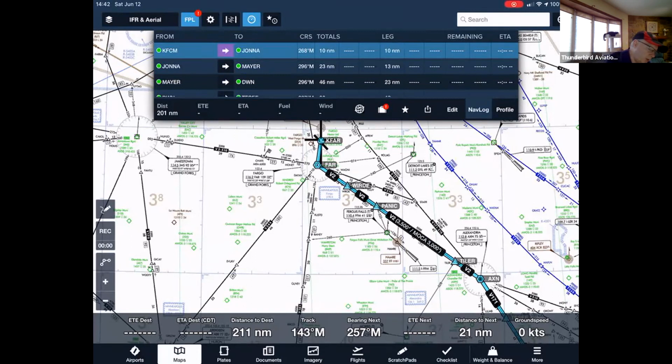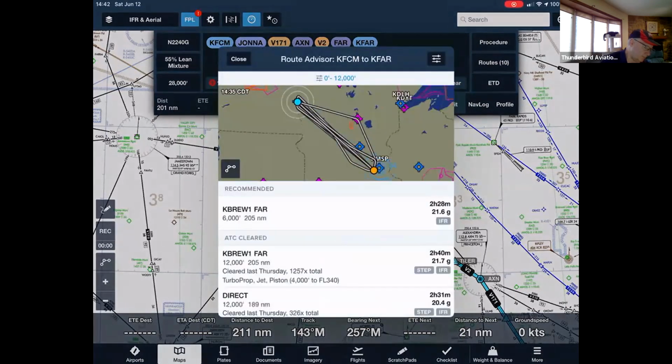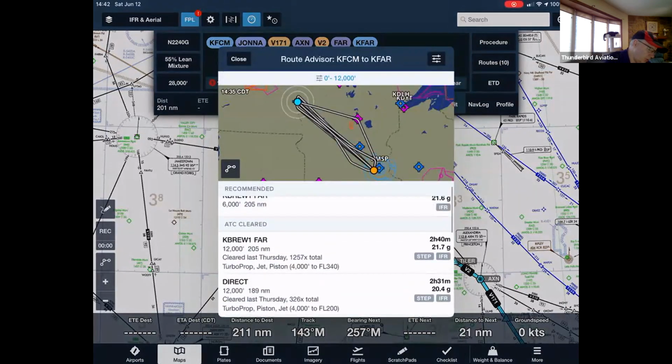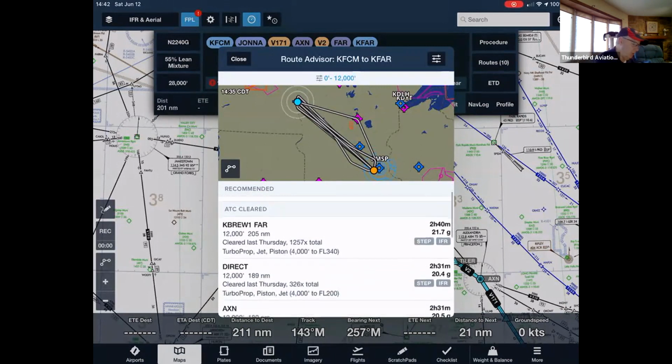The other way is to go back to edit and tap the route section. The nice thing about this one is that, for you IFR guys, it takes the information, the routes that people have filed and have been authorized by ATC to fly, from about the last month. You have to be careful with this because